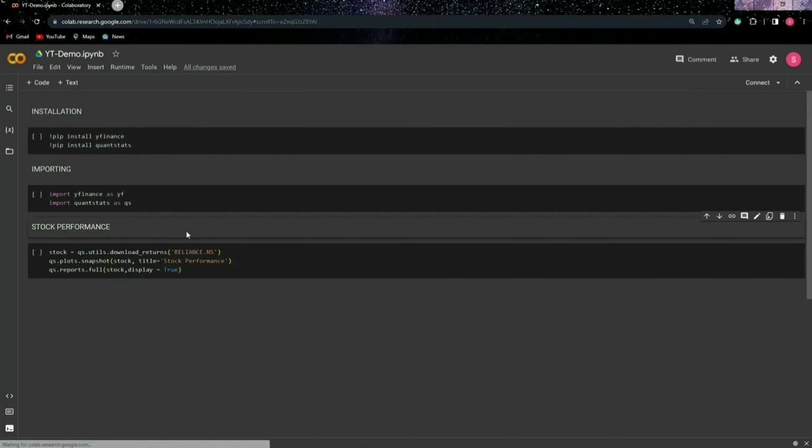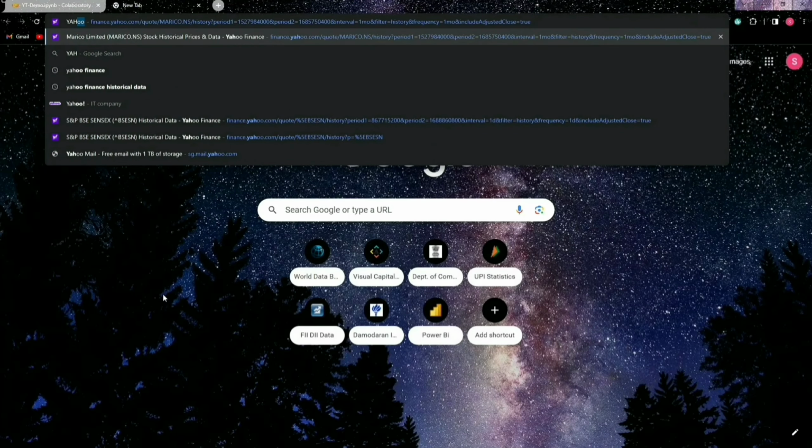And what we are going to do then is, let me explain this. We will be pulling data from Yahoo Finance using quantstats. I barely understand this Python. I only have a working knowledge of this, and using that, I'll be showing you how to calculate the same. Because we are using Yahoo Finance, you can go to Yahoo Finance